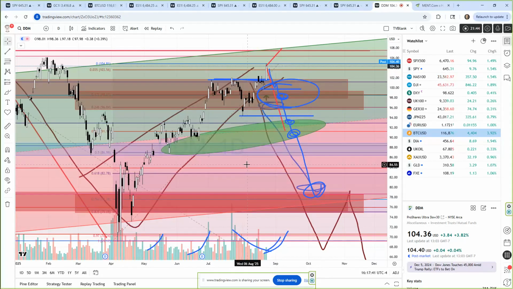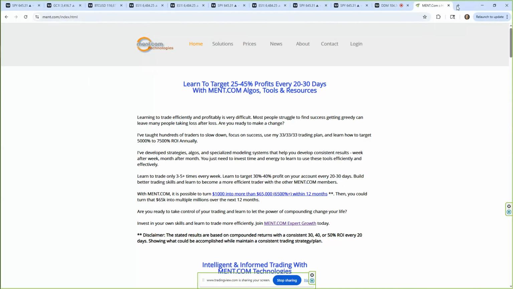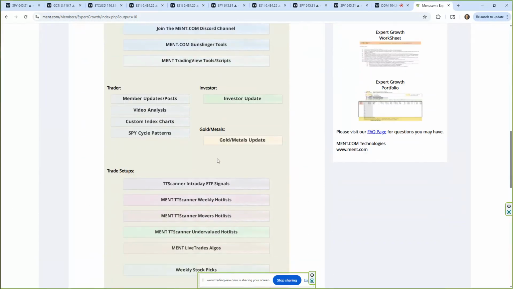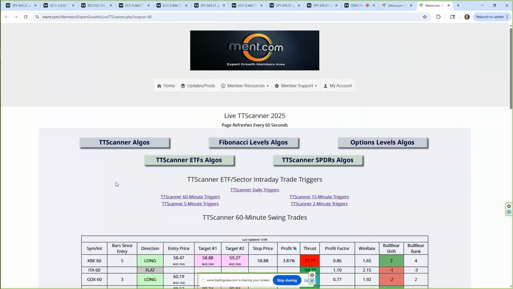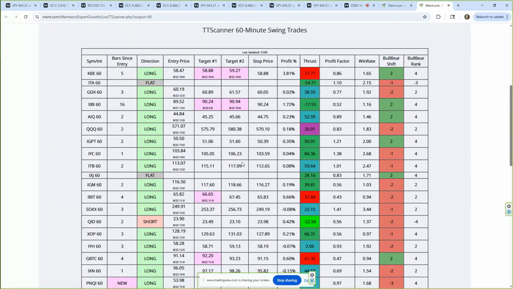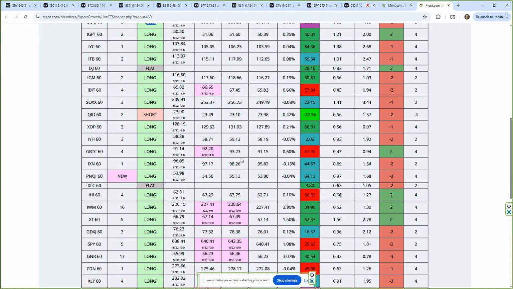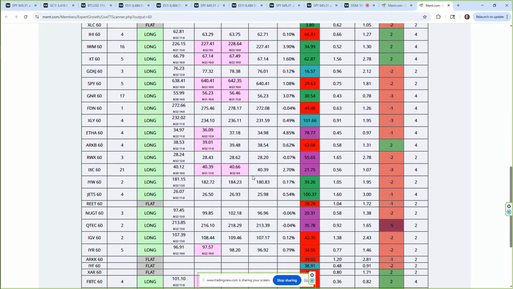Okay, so you guys have asked a lot of questions. One of the questions was, how do I react to price trends? Let me just come over here and show you. So I have algos, and they're available. I'm not going to talk about it, but they're available. This is the 5-minute algos. You can see everything is long. These react to price for me. All I've got to do is watch these.